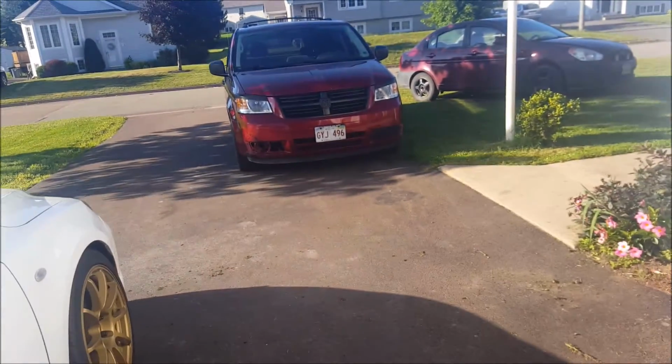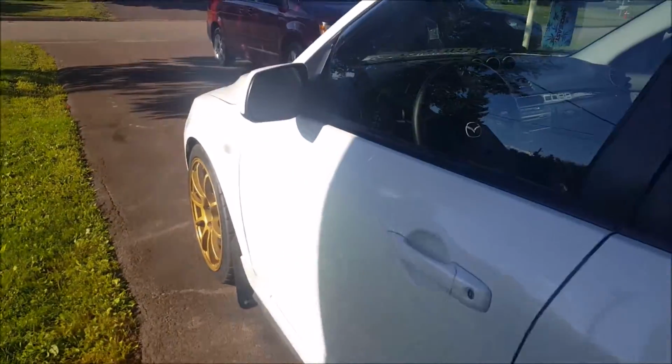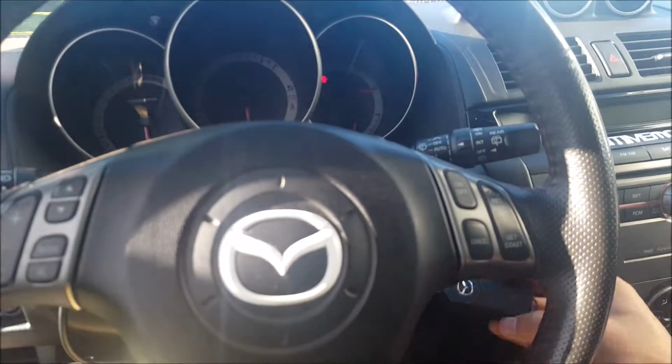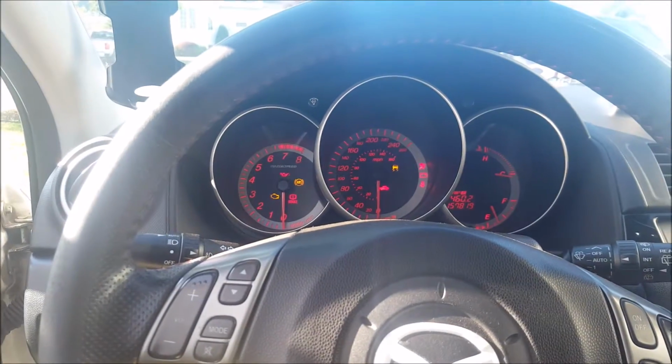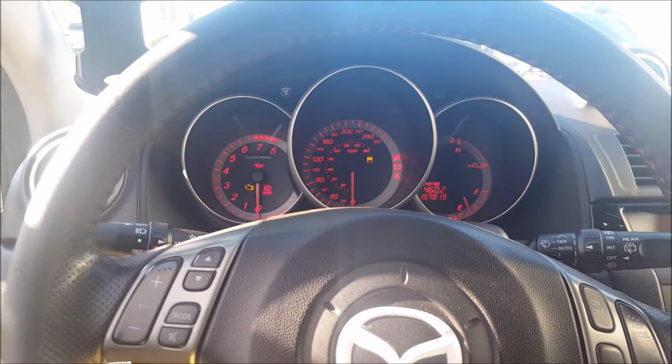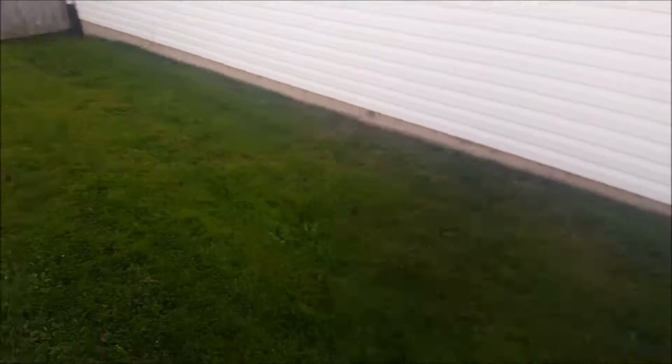I guess I also forgot to show you guys the car running. It runs fine, I just don't want to keep adding oil to it or anything and make it worse. So here we go. It's already warm, so